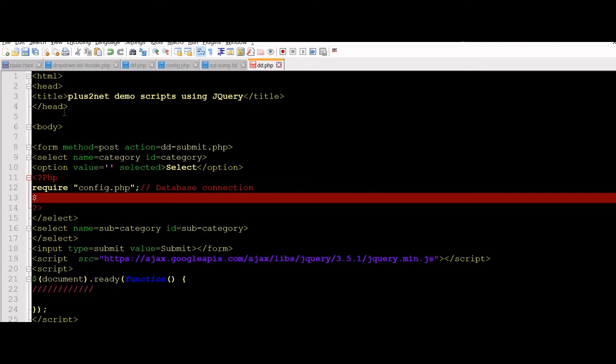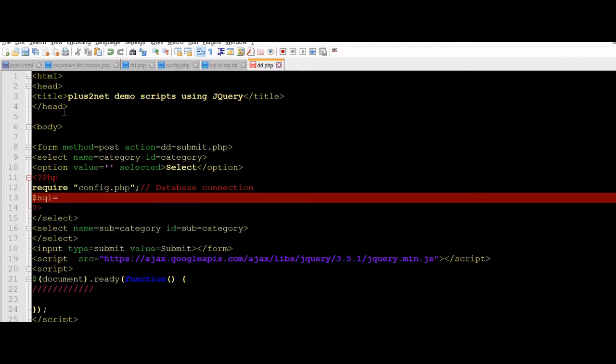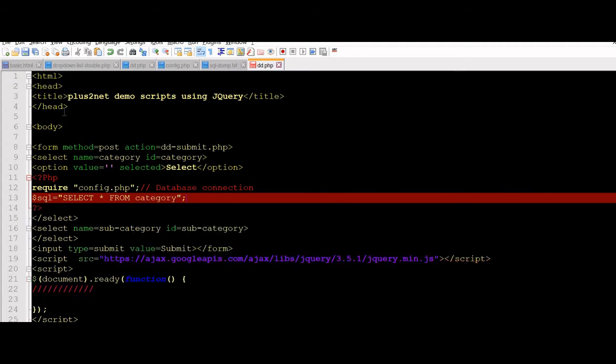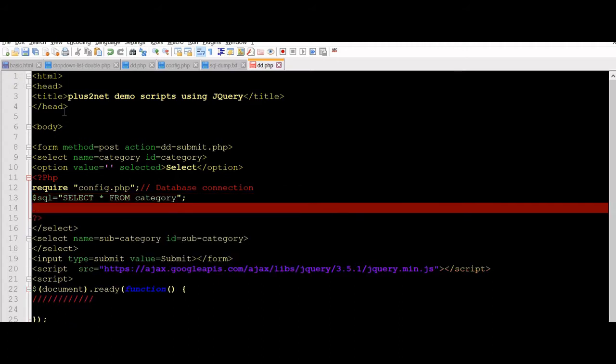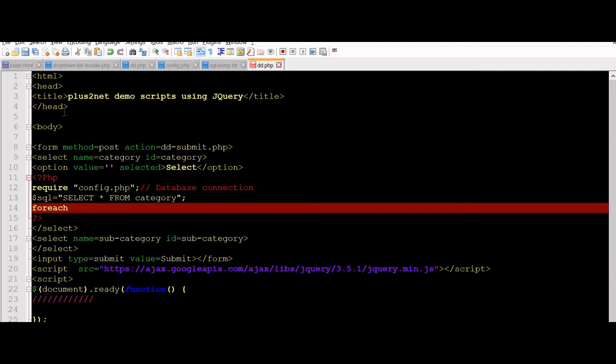Now let us see, we will write the SQL part, the structured query language. Now this is what we will be using. So already we have installed the tables. Select star from category. Category is our table name. Now that is fine. This SQL will be used to retrieve the data. What we will do, we will go for each.